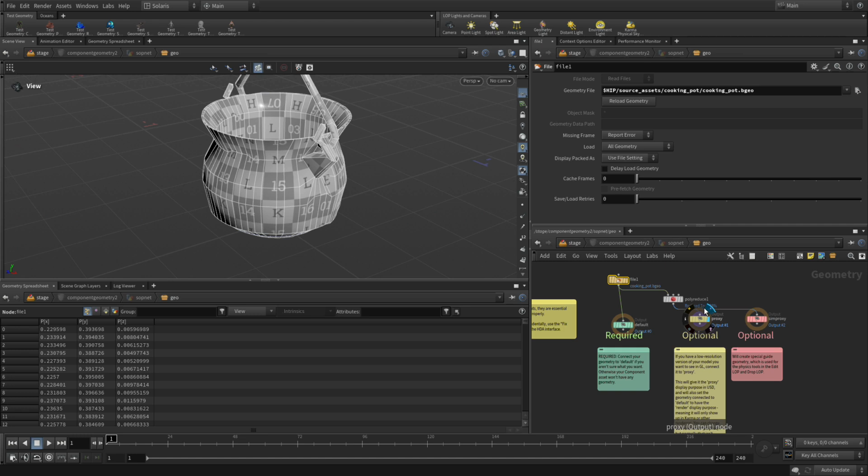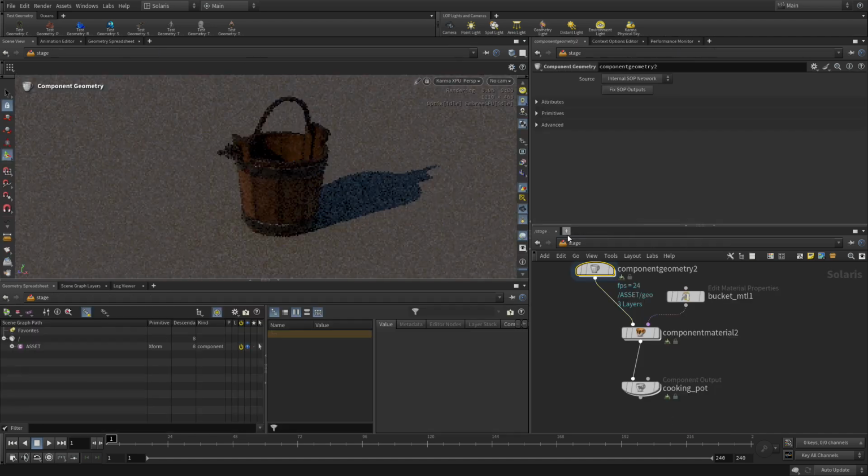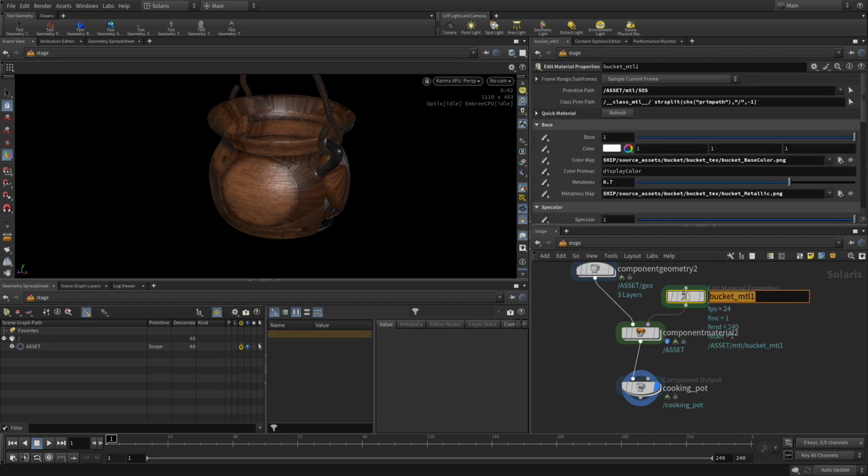Now in this case, that's maybe giving us too little detail. So we can go in 30 and just give it a little bit more detail. But set this back to default. Go back up to the stage, and if we set this as our display, we see the bucket material on there. So we need to change this to say